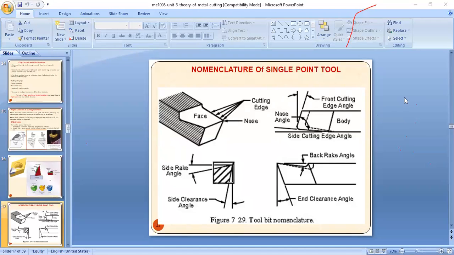And the side cutting edge angle, if it is a square nose tool, is 90 degrees, and for a knife edge turning tool, it is 0 degrees. The side cutting edge angle is usually kept around 15 degrees, around the same range, but you don't provide larger cutting edge angles because it weakens the tool. Okay, so I think all of you are satisfied by seeing the diagram.